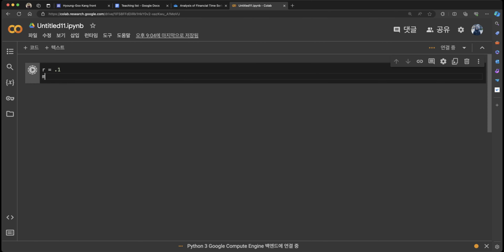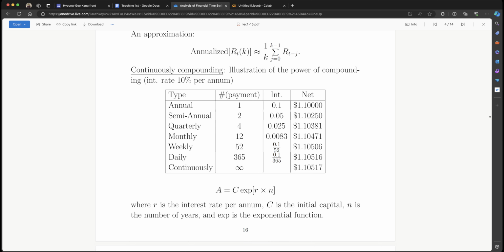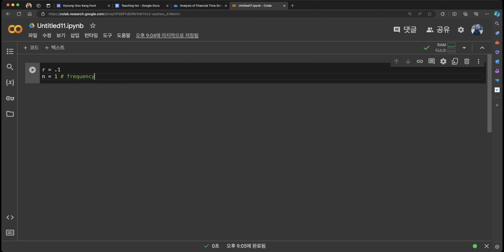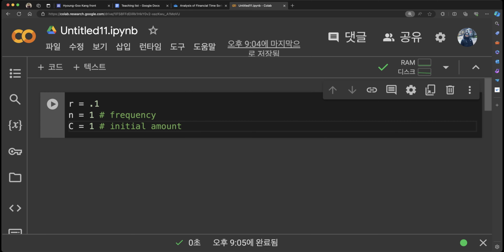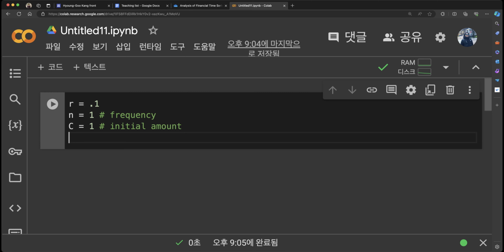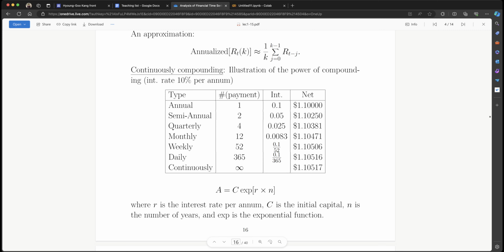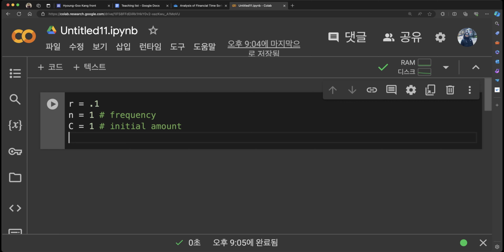And then let's say N is 1, and this is the frequency. And then the initial amount C is, let's say, 1. Then what about A here? If we use the same notation, A would be,